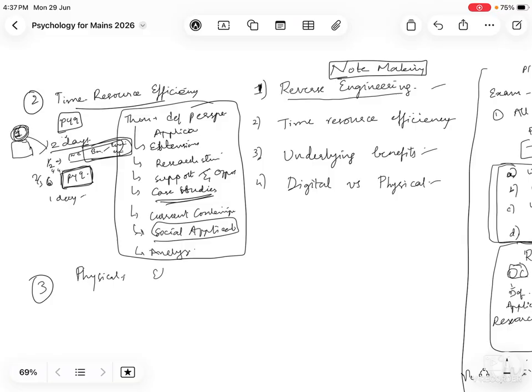So when you are making elaborate notes, you can prefer physical notes, so that you can understand the writing space usage, your handwriting, the size of your writing, each line, and headings, side headings, presentability. There are many benefits from physical note making, which can be directly helpful in presenting a better answer in mains.